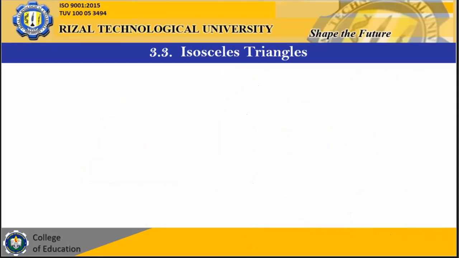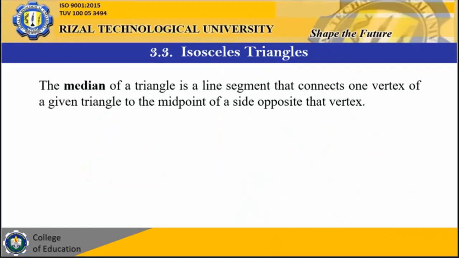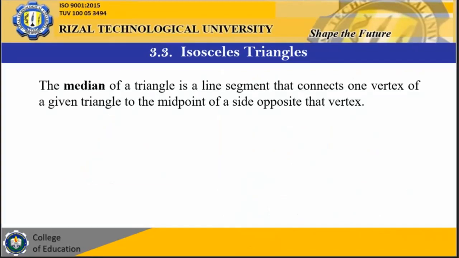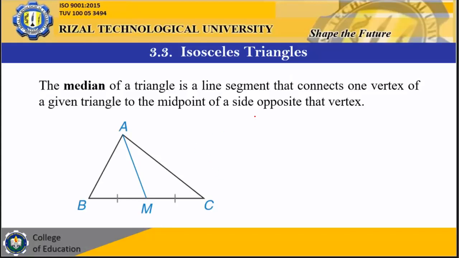Alam niyo. Okay. So there are terms that you need to be mindful of because they play an important role in terms of triangles. We have number 1, the median of a triangle. The median of a triangle is a line segment that connects one vertex of a given triangle to the midpoint of a side opposite that vertex. Tandaan yung mga definitions na yan, ha? So we say in triangle ABC, segment AM is the median. Okay? So therefore,